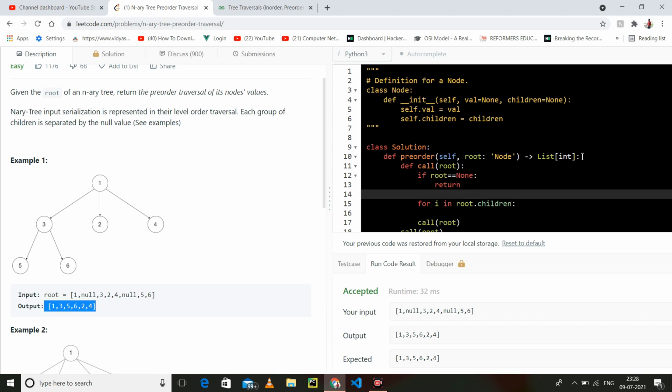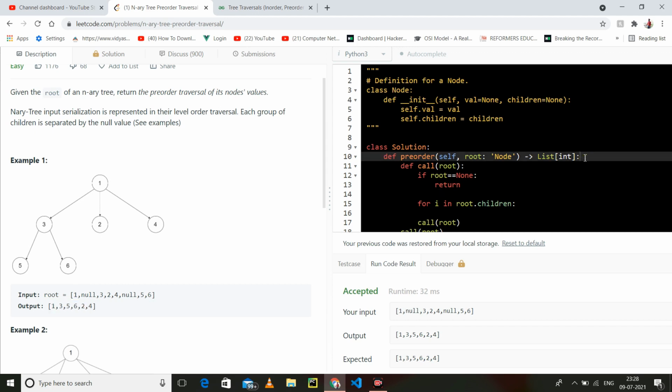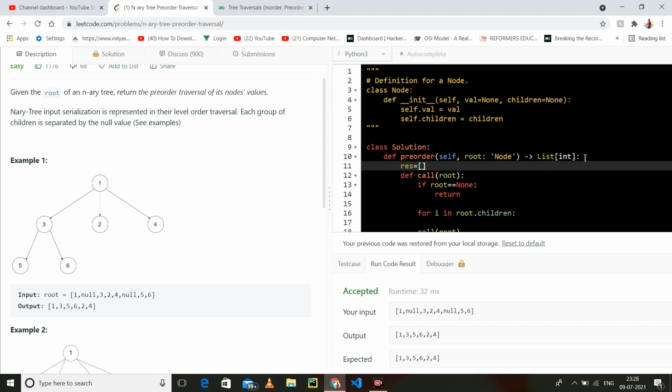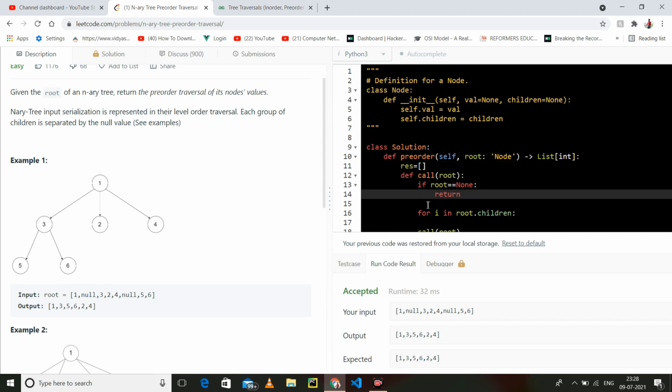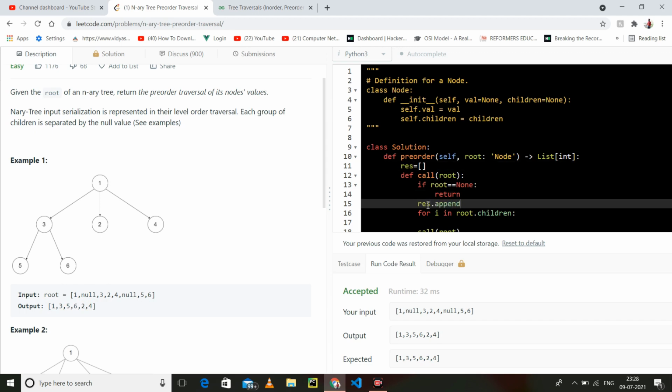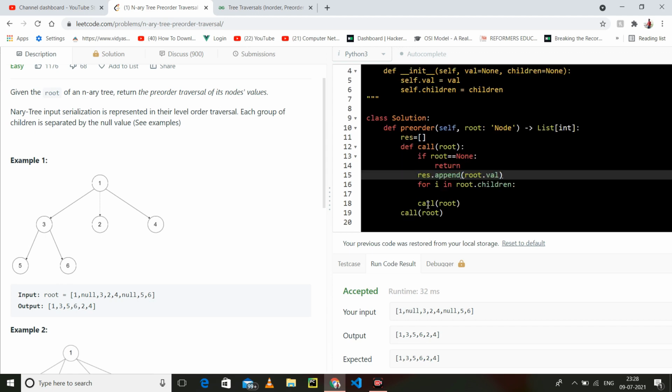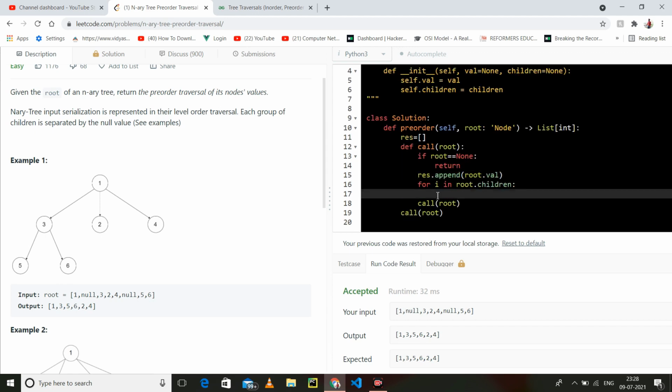So let me make a result list, and before proceeding to its children, I append the value of the root.